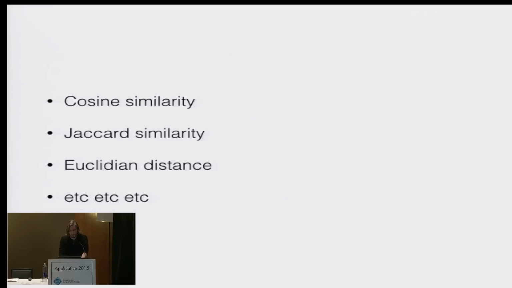So if we were going to try to find the similarity between these different vectors, there's a bunch of different ways we could do that. We could use cosine similarity, Jaccard similarity, Euclidean distance. These all have a bunch of different strengths and weaknesses depending on the particular input data set. However, they each all fall prey to the pit that I'm about to walk us into. So let's just say that we pick Euclidean distance.